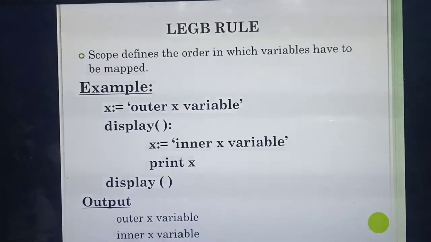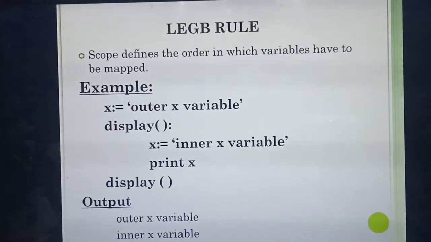See. So, what do you mean by scope? What's the definition of scope? Scope is the accessibility of a variable in our expression or function from one part of a program to another part of the same program, isn't it? See the example, they have given x colon equal to, they have mentioned one sentence, outer x variable. So you are mentioning one variable. What's the name of the variable now? X. Listen carefully, x you are defining inside the function or outside the function first? First you are defining the variable x outside the function, isn't it?